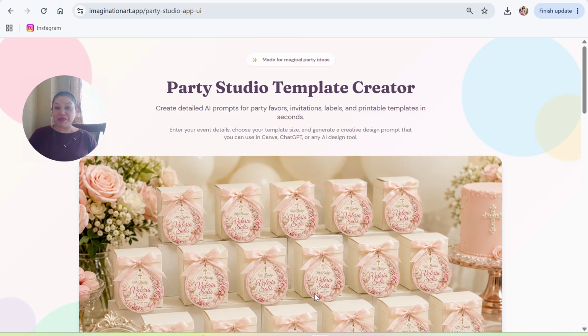I am Elizabeth, and today we're going to create a set of designs with the theme of the New York Yankees. So we're going to be using our Party Studio Template Creator,